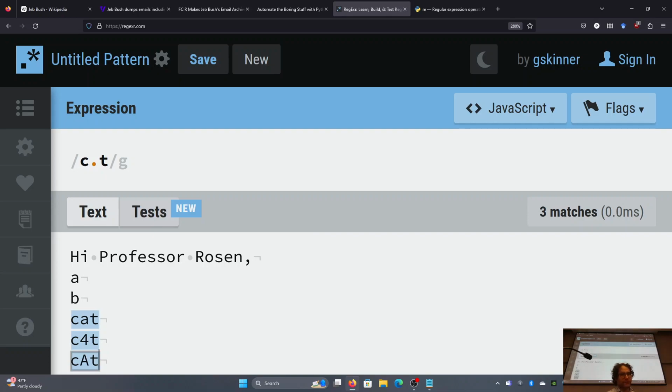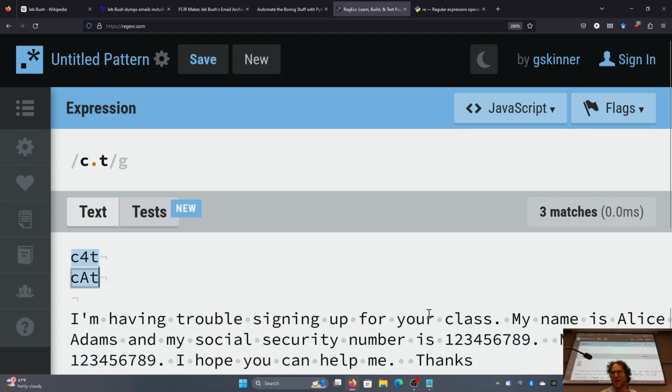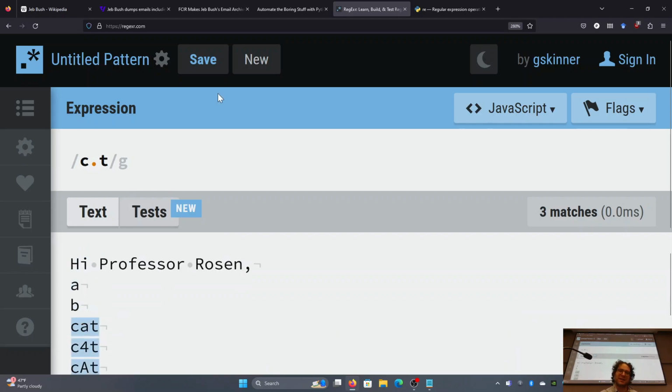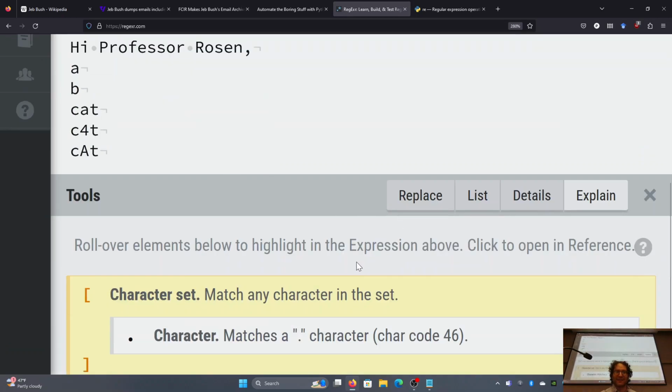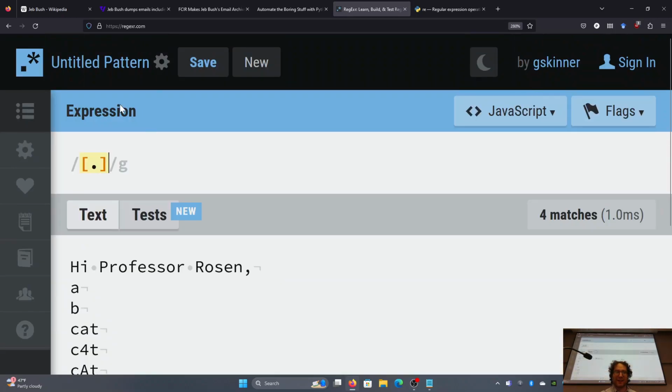Okay. What if I need to look for an actual dot, though? Like, what if I'm looking for actual punctuation marks? Any guesses what you need to do? A hint, it's the same thing you need to do in a program with strings here in Python. Yes? Not quotes, but you're thinking in the right direction. Yes? Brackets? Oh, you could do brackets. Yeah, you could totally do brackets. You're thinking around the box here, and I like it when students think around the box. Although it does say match any character in set here, so